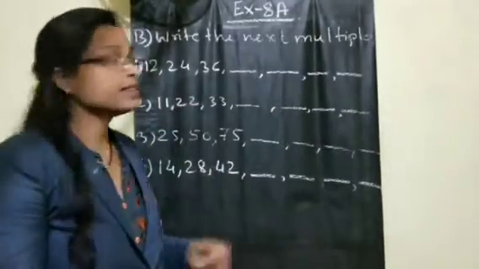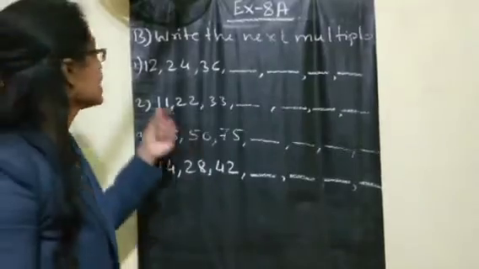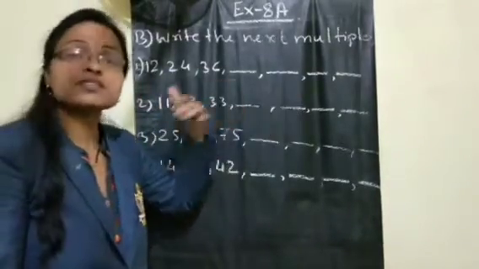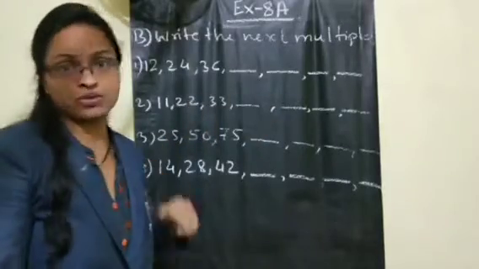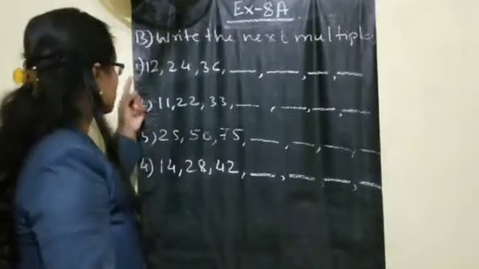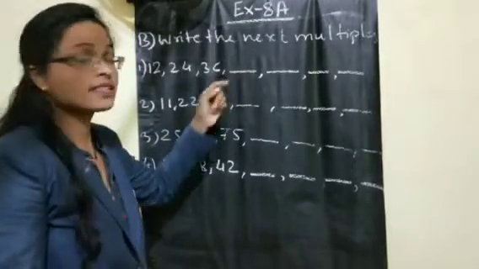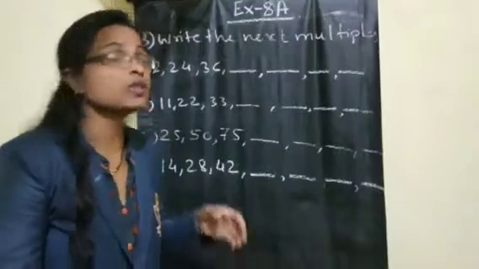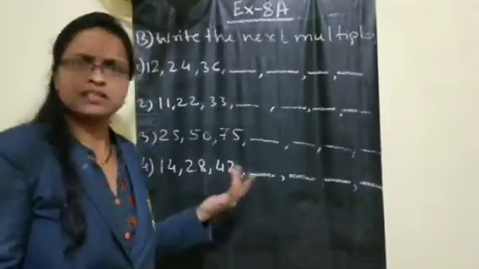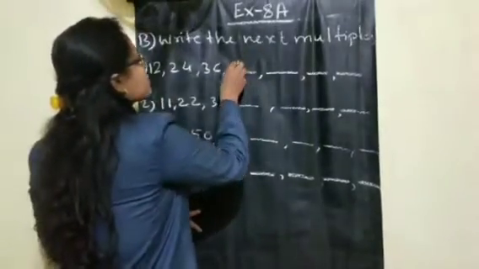So the B part: write the next multiples of a given number. They have given some numbers in a series, and the remaining multiples we have to find out, children. So let us start. First one: 12, 24, 36. The next number is what? Just now I told you, multiples means multiplication of a number, or you can say multiplication tables. So the next number is